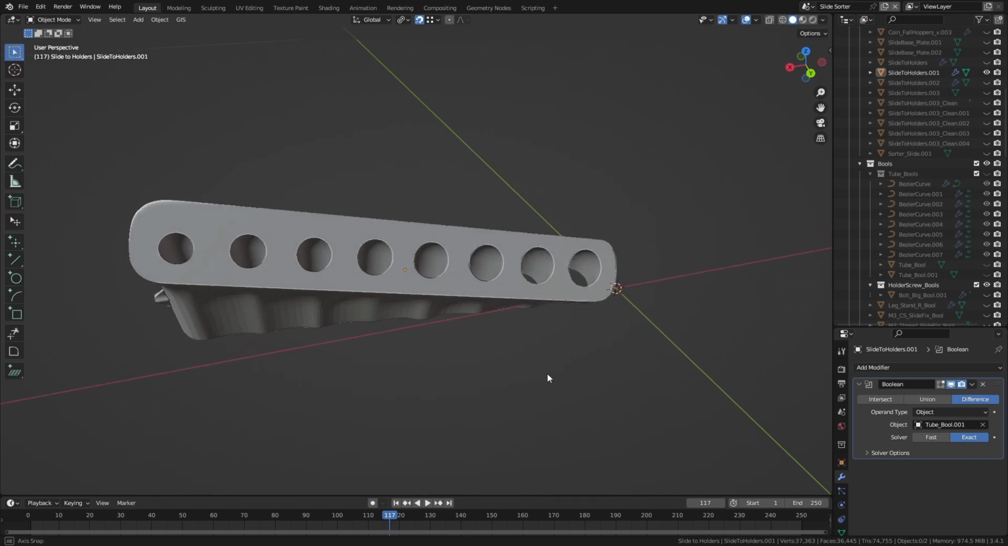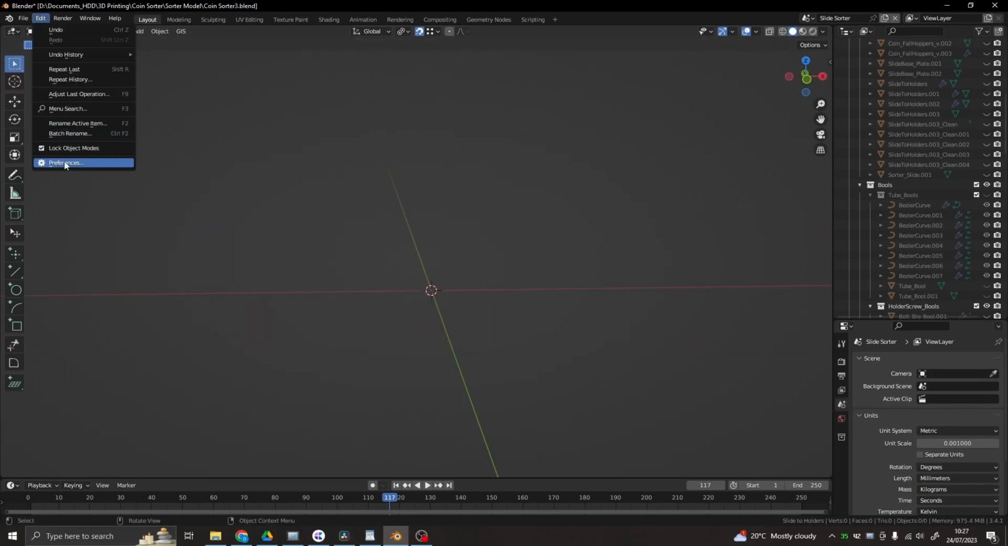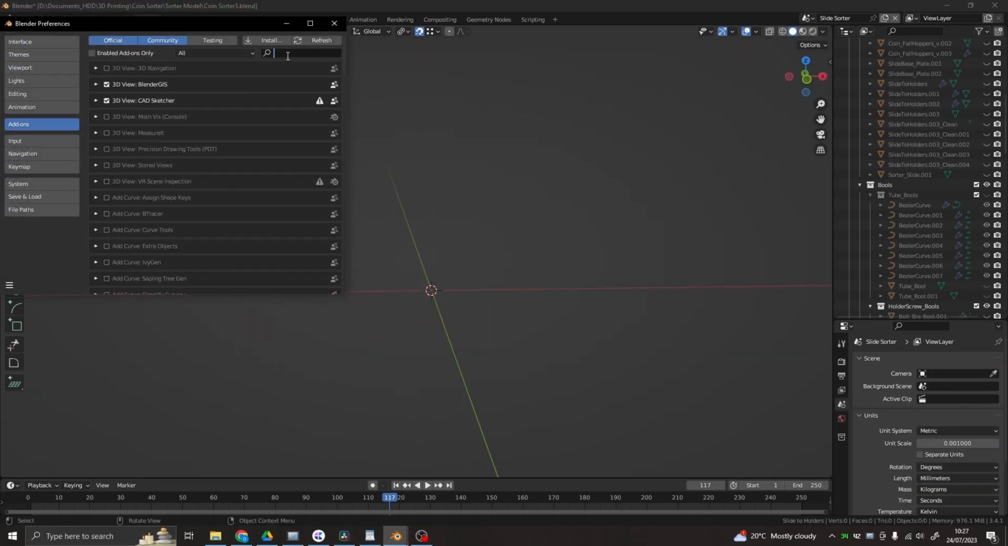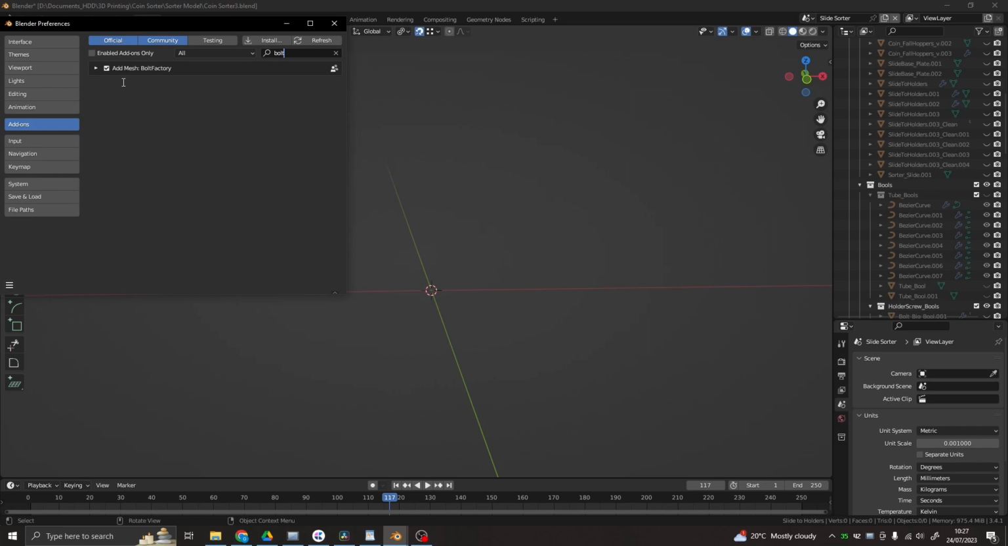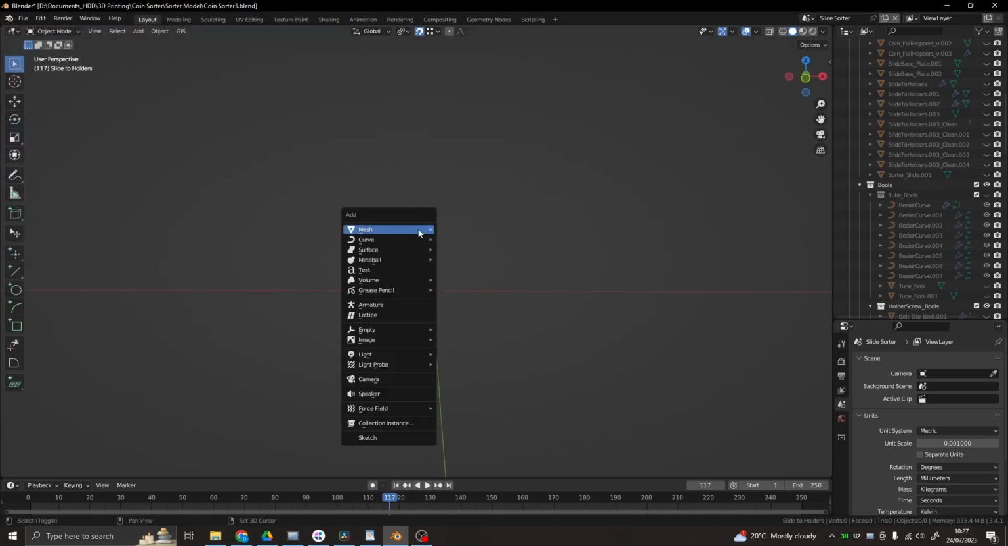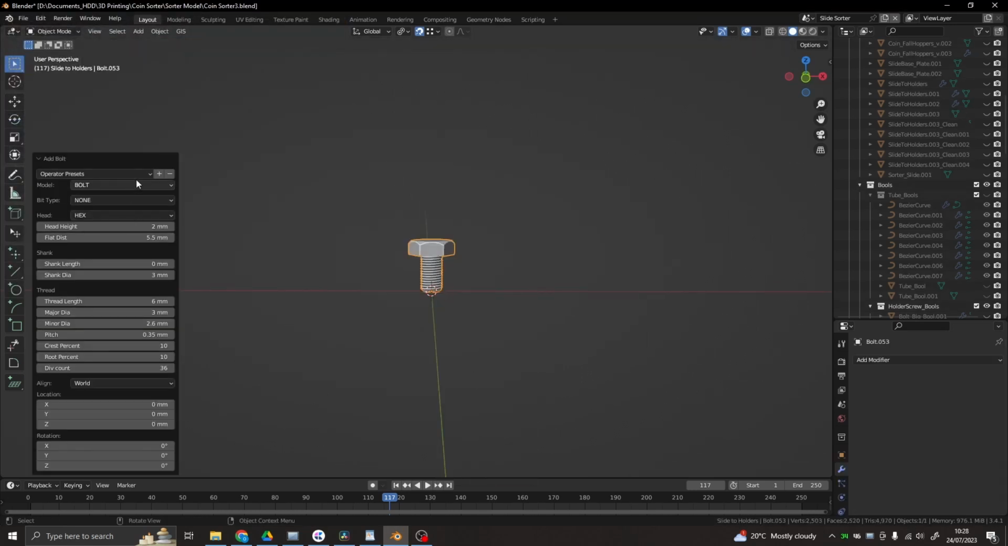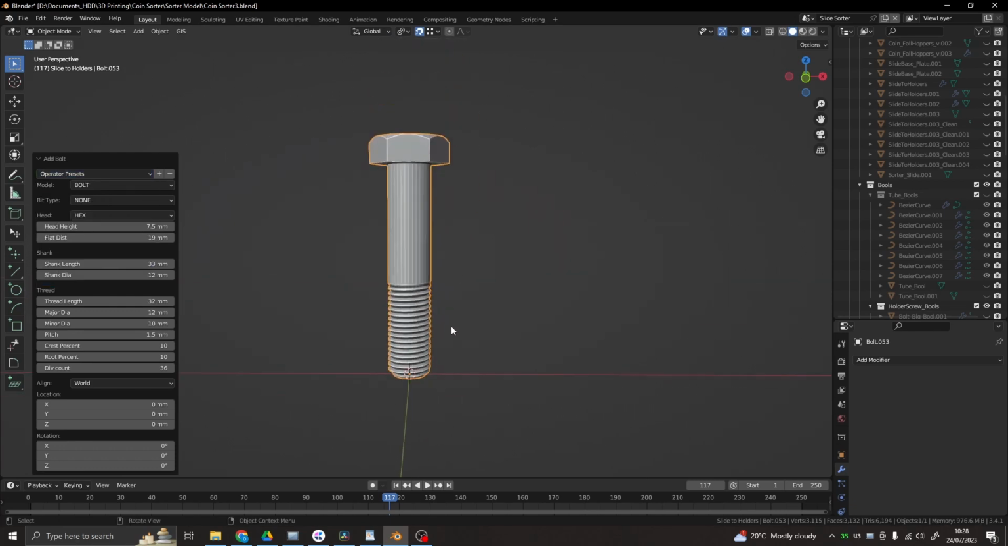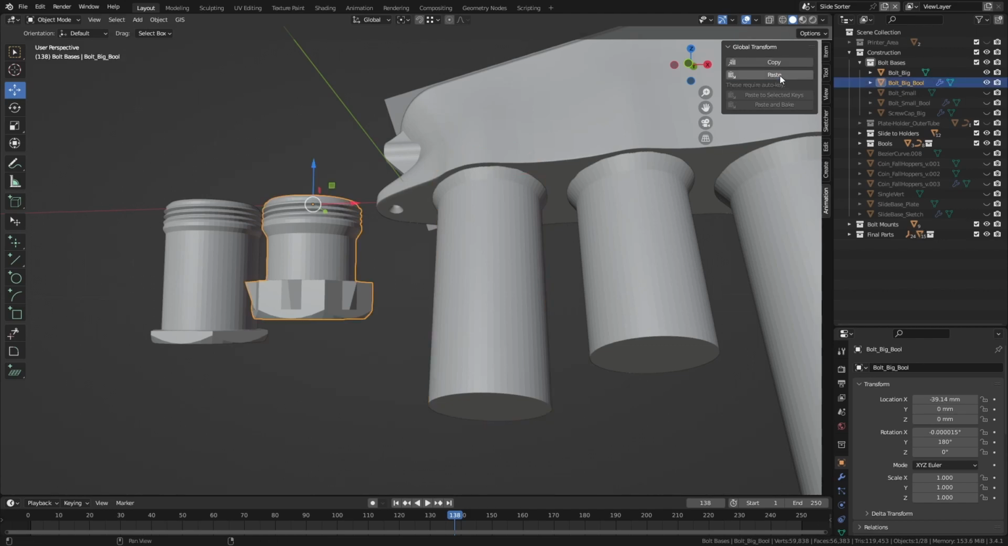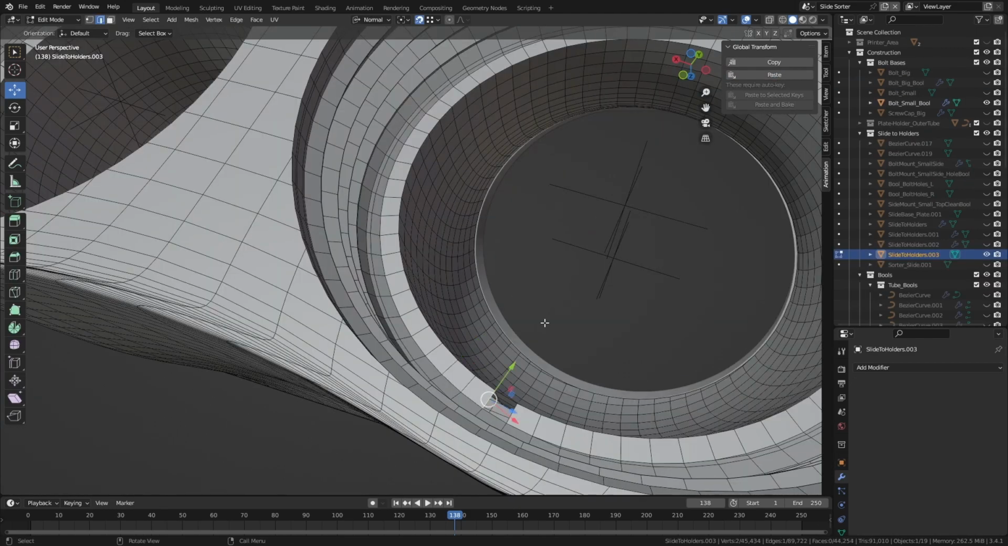Now I just needed to add threads for the coin holders to screw into. For this I used another add-on called Bolt Factory. This adds a new option for bolts when adding a mesh. It comes with a set of standard bolt sizes, but for this I used my own values. Using these as booleans at the base of the holes, and with a bit of cleanup and a nice bevel,